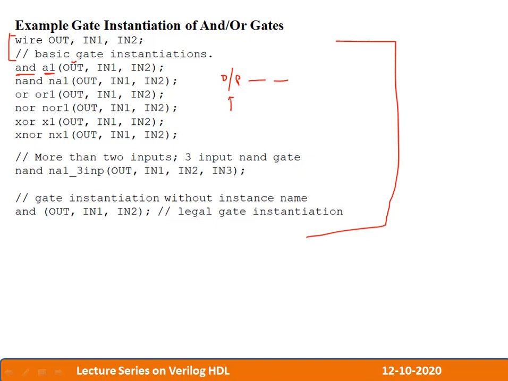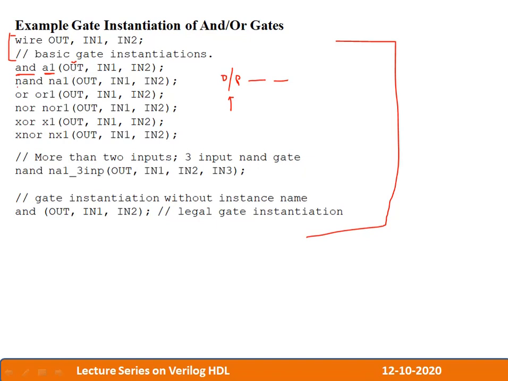Hence, to avoid confusion, whenever we write our program, like I can create my AND gate also. Now, I'll be creating my AND gate, then I can be writing it as AND underscore gate or AND one or AND underscore G. And that time also, if I write the first term as output and the subsequent terms as input, then there will be no conflict. In the sense, there will be no mismatch with respect to the available primitives ordering and the gate ordering that you are going to write. So in order to avoid that confusion and in order to maintain uniformity in writing the terminals, we always prefer the first term as output and the subsequent terms as input.